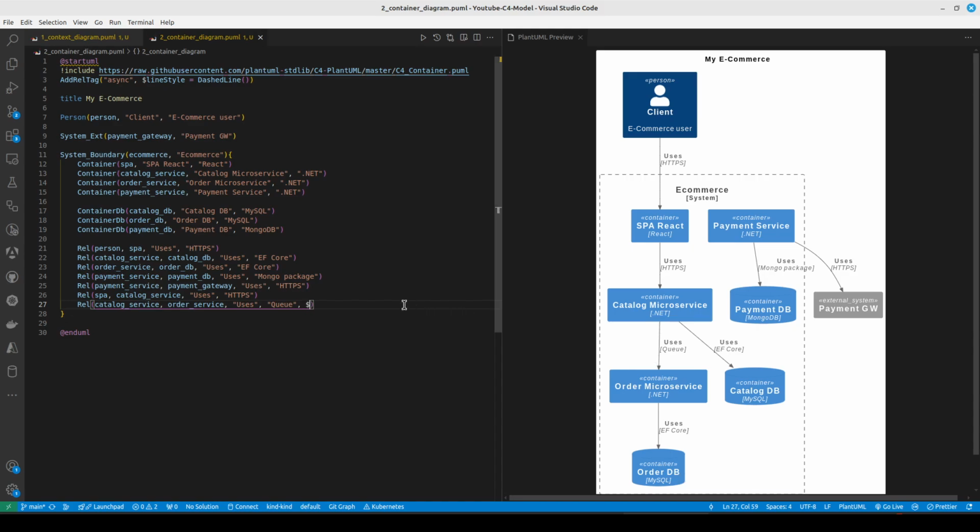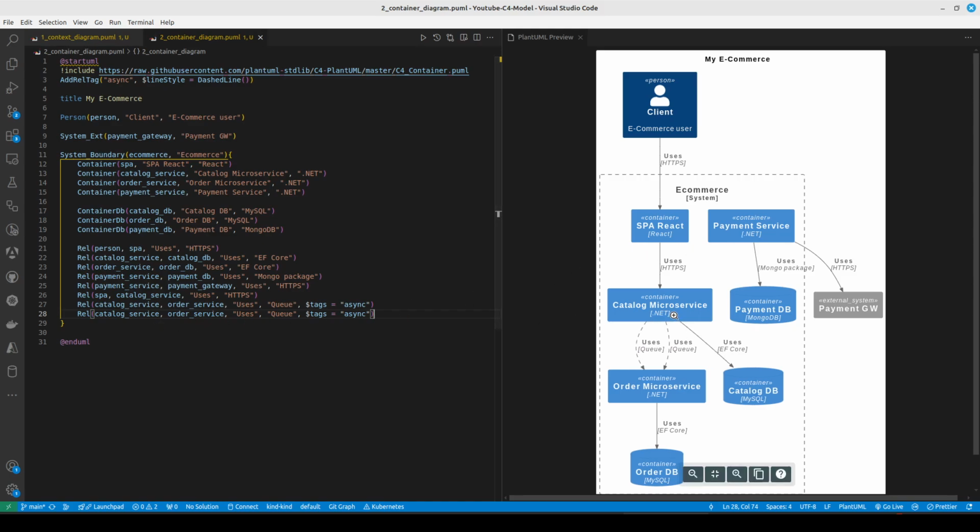But if you come here and use tags equals async, what happens is that internally it will recognize this tag async and recognize that the style is dashed. And if you noticed, now the line is dashed instead of straight, to indicate that this is an asynchronous communication. And just to make the payment service happy and not sad because it's alone, let's make the